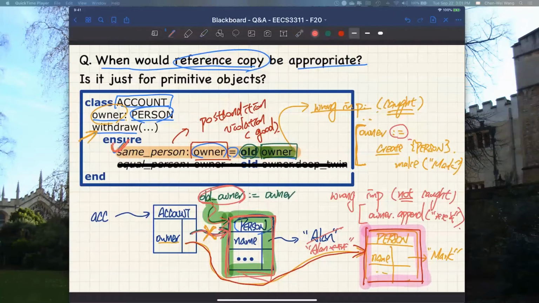That's not good, because now that means something bad actually has happened over here. Something bad actually happened, but there's no post condition violation, so that's not good. Okay,